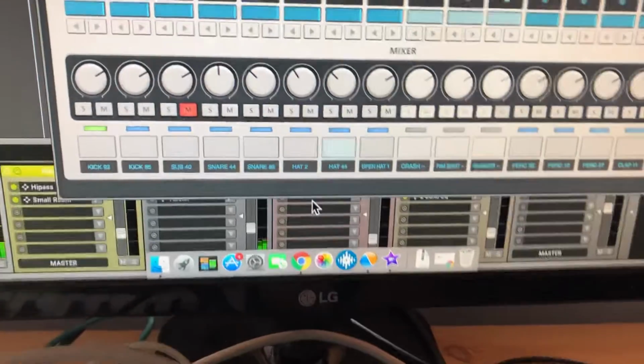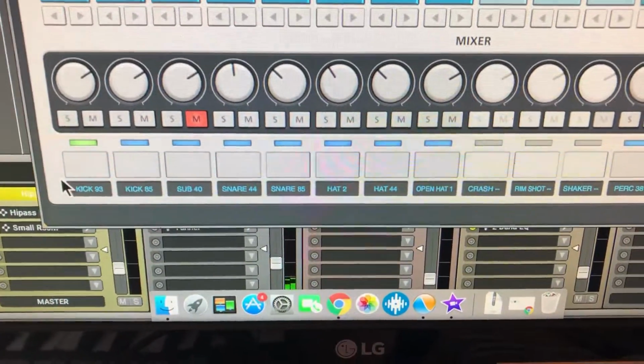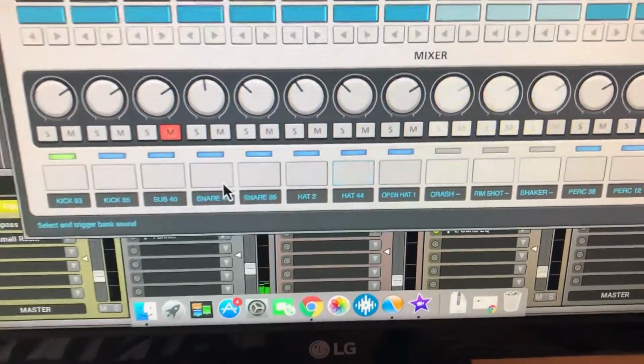Okay, so here it is. We can see that all the drum sounds are coming from one instance, like there's the kick and there's the snare and all that. So they're all coming out of one. But